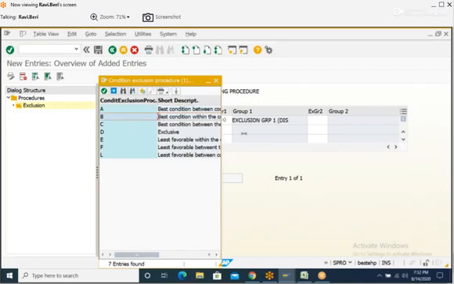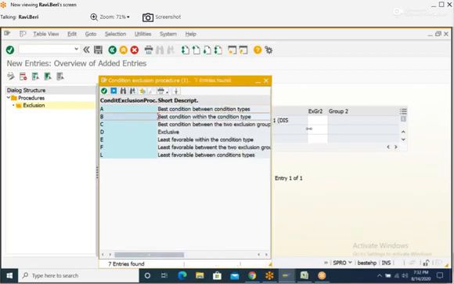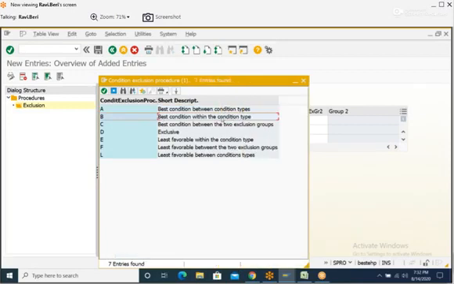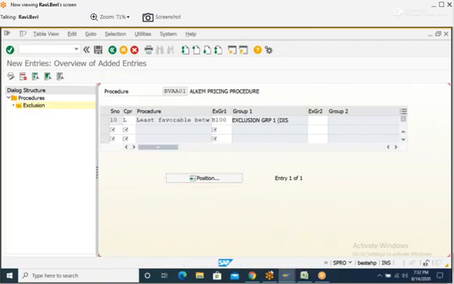This one. Within a condition type, if you uncheck exclusive, then this will help to propose the best one or the least one. If you uncheck exclusive, you know what happens? The system will propose multiple condition records, but it activates the last one and deactivates the previous ones, but here it activates the best one out of those. So I'll try to check this.